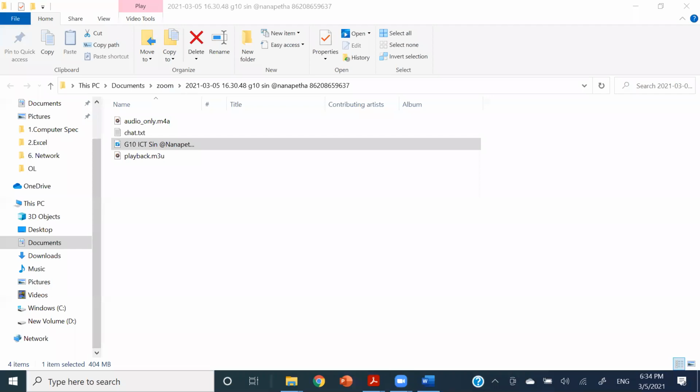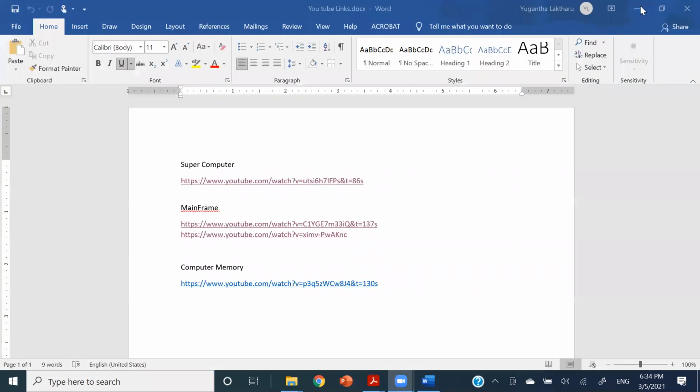Okay, so let's begin the session, people. Last time we talked about the generations and how far the computer can extend its hand to bring marvelous technologies, right? So we know it is developing and researching. In the very near future, we will be experiencing things which we just saw through the movies, right?